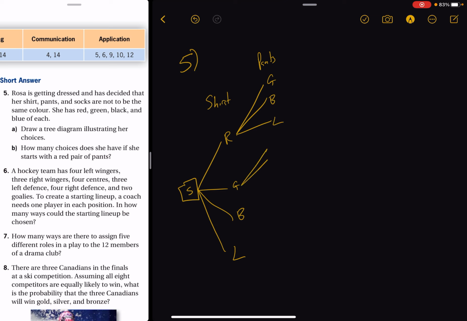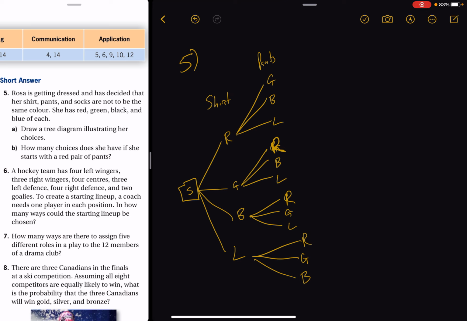And if she picks green, she chooses green. Oops, she can't choose green. She has to choose red, black, or blue. And if she chooses black, she has to choose red, green, or blue. And if she chooses blue, she has to choose red, green, or black. And finally, for a shirt,